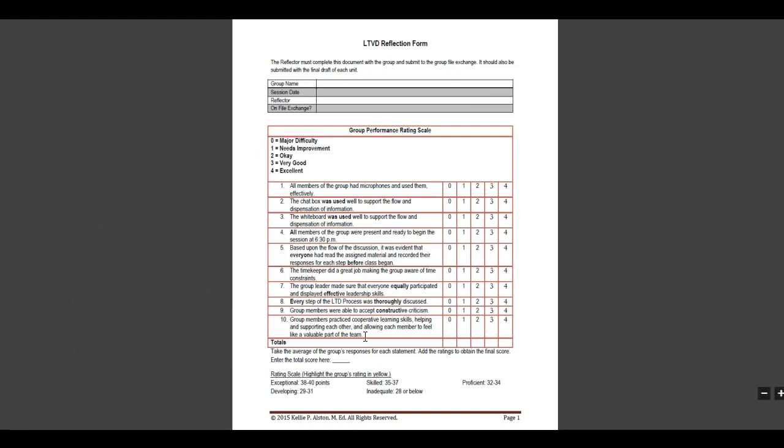Okay, and then there's a total they're going to get. And it says take the average of the group's responses for each statement, add the ratings to obtain the final score, enter the total score here, and then they can know whether they're rated as exceptional, developing, skilled, inadequate, and proficient. So the reflector will take a few moments and let them know what their rating scale rating, I guess I should say, was. All right, so then